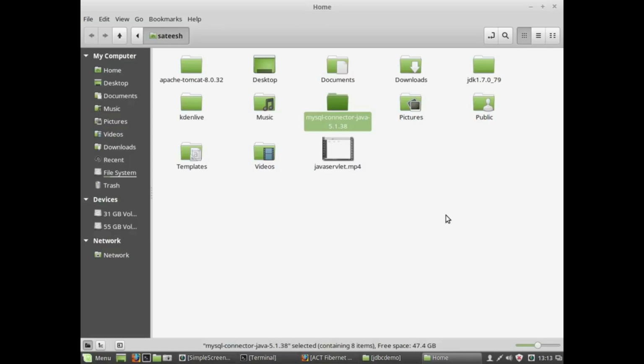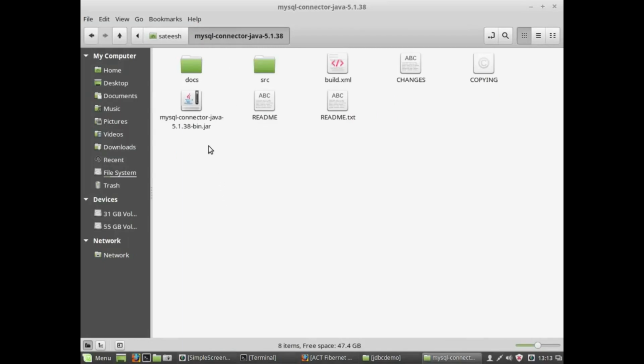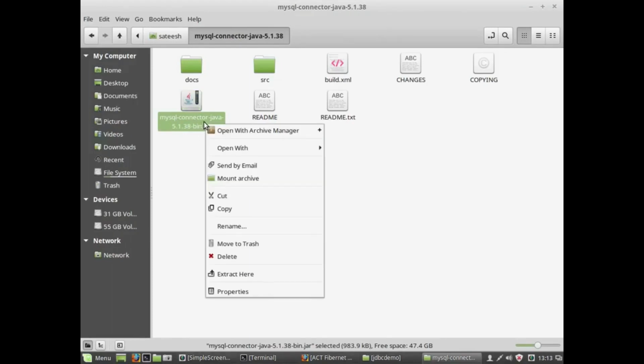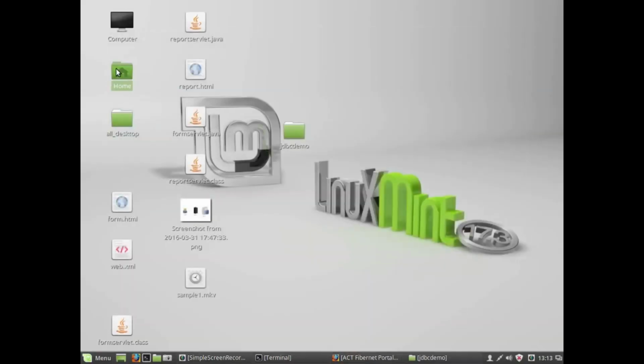In case you are unable to locate that particular file, it's not a matter. It takes less than one minute to download this file simply from Google. Google it and type download MySQL connector. Then you will find so many links. Go to any particular link. Then you will be able to download a zip file. Extract that zip file. You will get this folder. Place that folder wherever you want. When you open it, you'll be able to see the MySQL connector with some version, at least 5.1. Okay, this jar file is very important for us. Please copy this jar file, and you have to copy it to the place where you have Apache Tomcat.